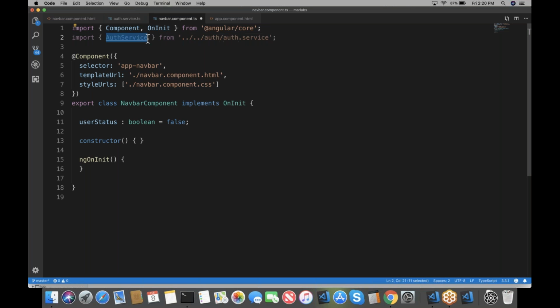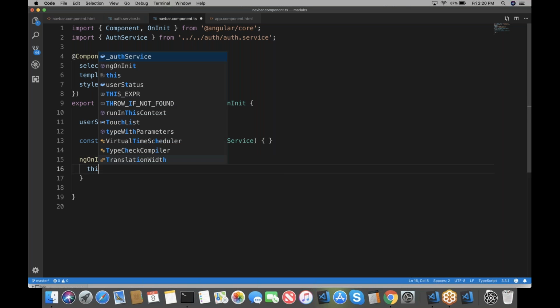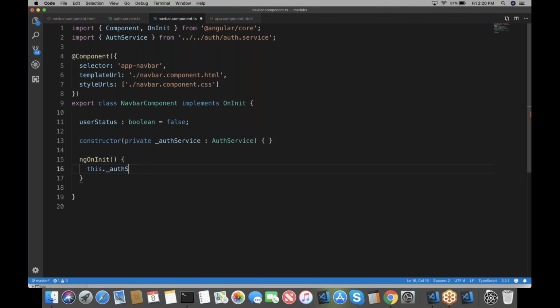Let me get an instance of this, oops, private authService was this. And in my ngOnInit, I can just write this.userStatus equals this.authService.checkLogin,